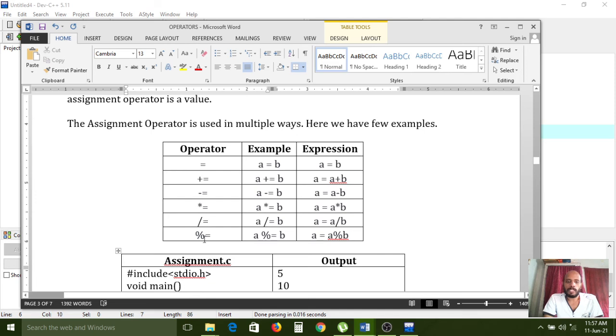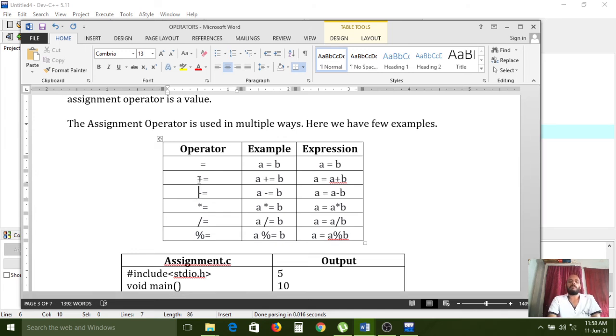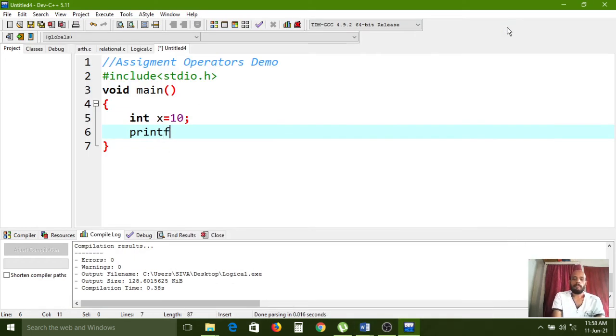Actually, this is how we pronounce all these things. The first one is the assignment operator, the second one is addition with assignment operator, next is subtraction with assignment operator, next is multiplication with assignment operator, division with assignment operator, and modular division with assignment operator. So we have to pronounce them like this: printf